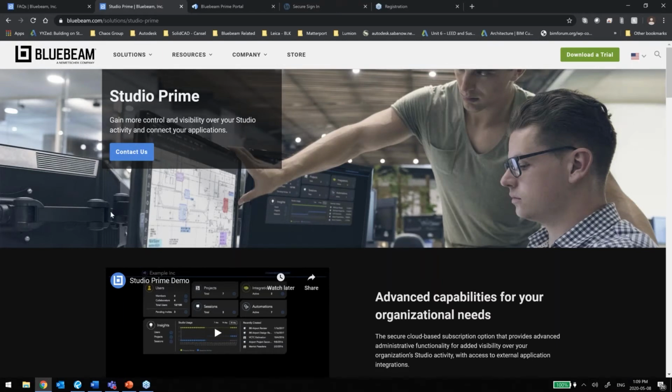The one thing that you should understand is that when we are looking at this integration, it will require you to have a subscription to Studio Prime, which is an elevated version of the Studio version that comes with Revu. So Bluebeam Revu just has a standard Studio collaboration feature, but in order to integrate it with BIM 360, you will have to subscribe to Studio Prime, which is an annual subscription, and that allows you to have the backend